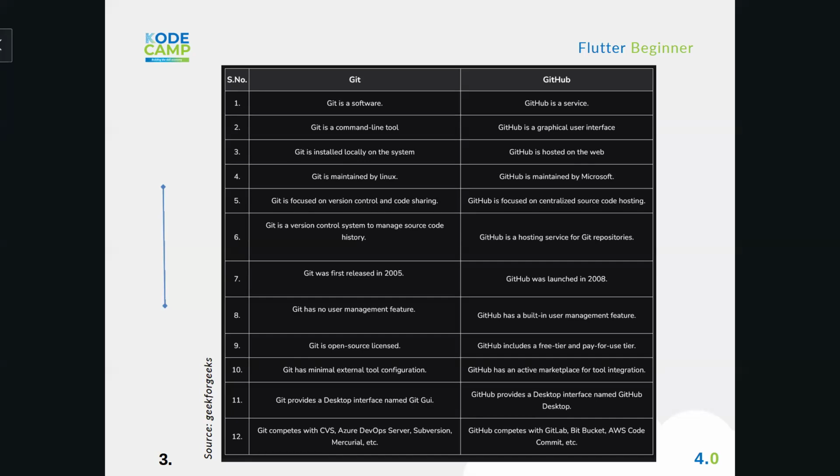Git is maintained by Linux. GitHub is maintained by Microsoft. Git is focused on version control and code sharing. So what about version control? Like I said, each stage is like a version. There's a stage of your development. There's what's called version control, such that you can go back to a previous version or state of your project,